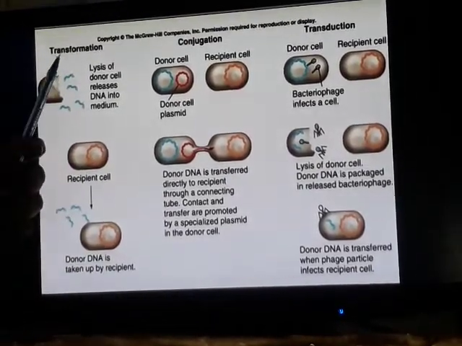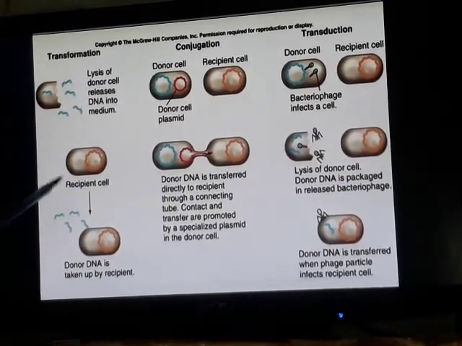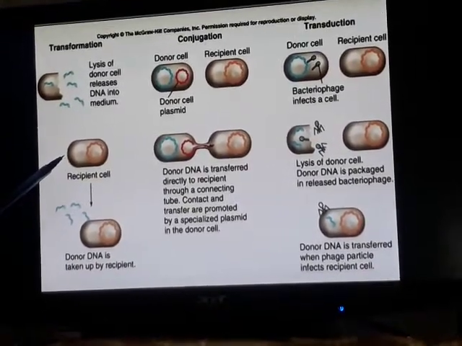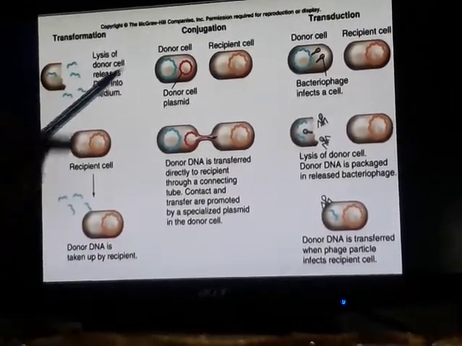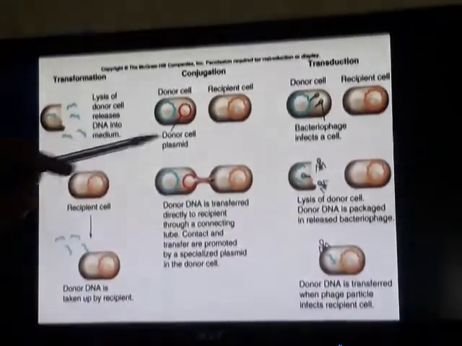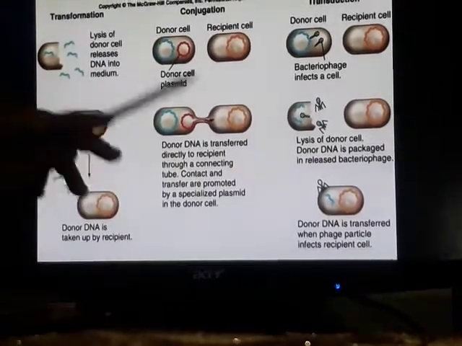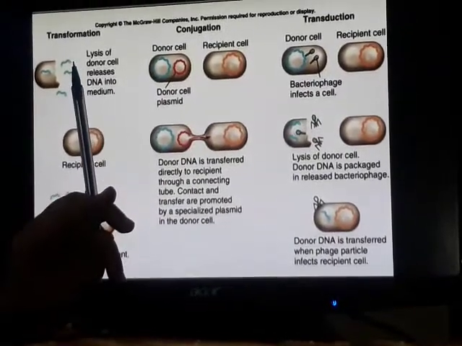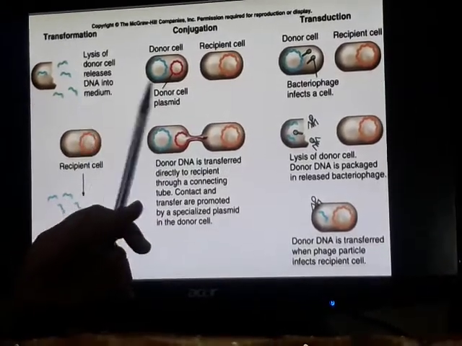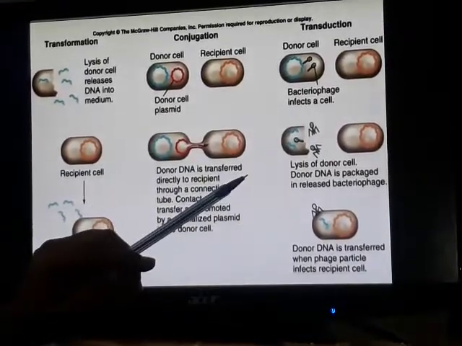We have already studied this in genetic recombination. This is a natural method of gene transfer, where uptake of naked DNA from the surroundings by a competent cell takes place. Conjugation, as I told you, involves a donor cell and a recipient cell, and the transfer can be done from one cell to another, by which you can get a transgenic cell. Transduction, as I told you, is gene transfer mediated by a bacteriophage. So bacteriophage help in transferring genes from one bacterium to another.